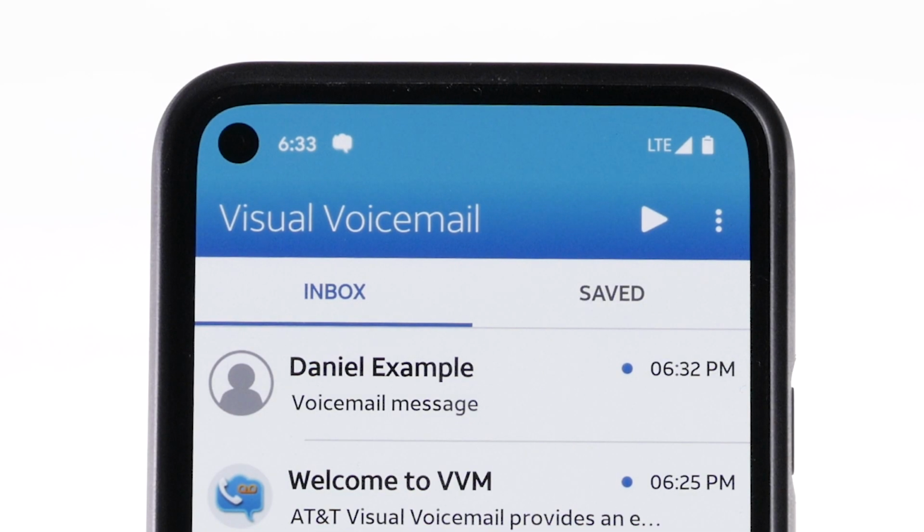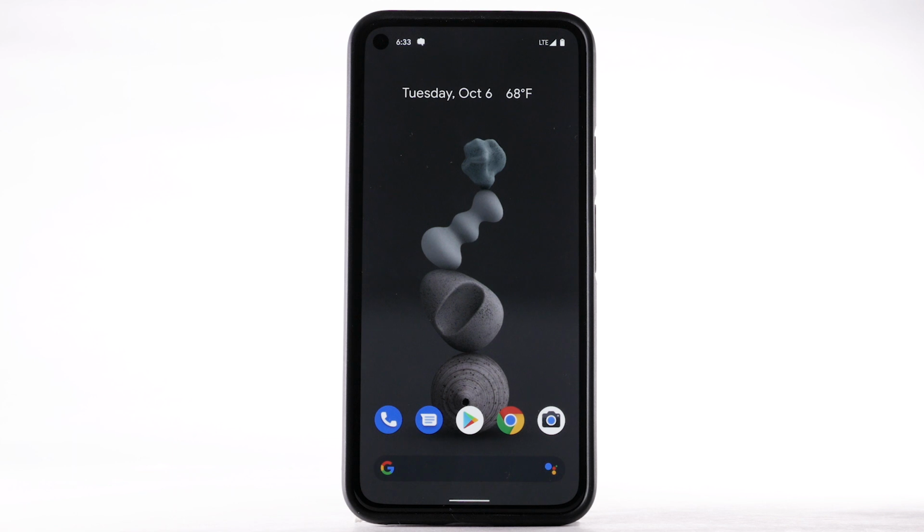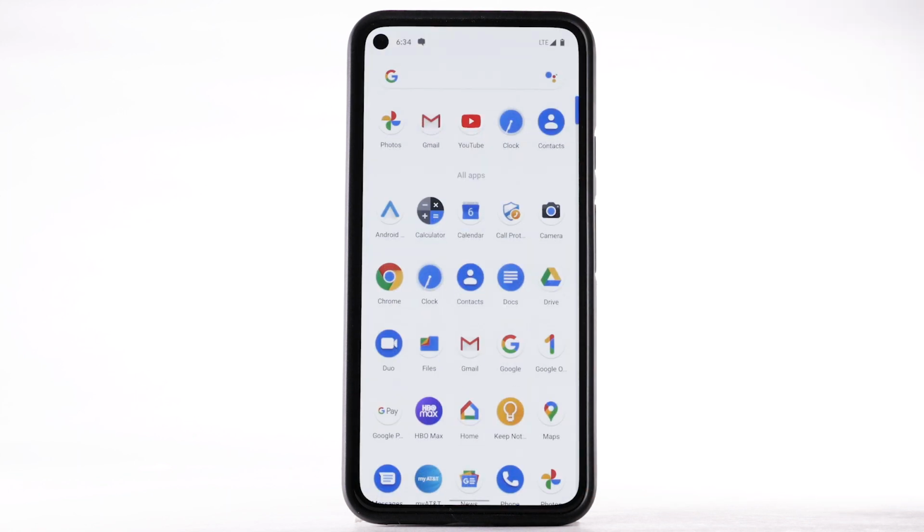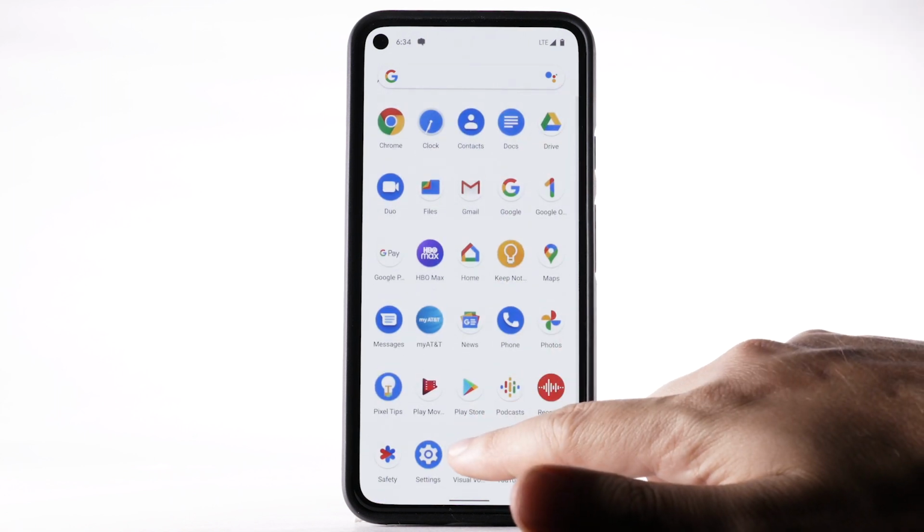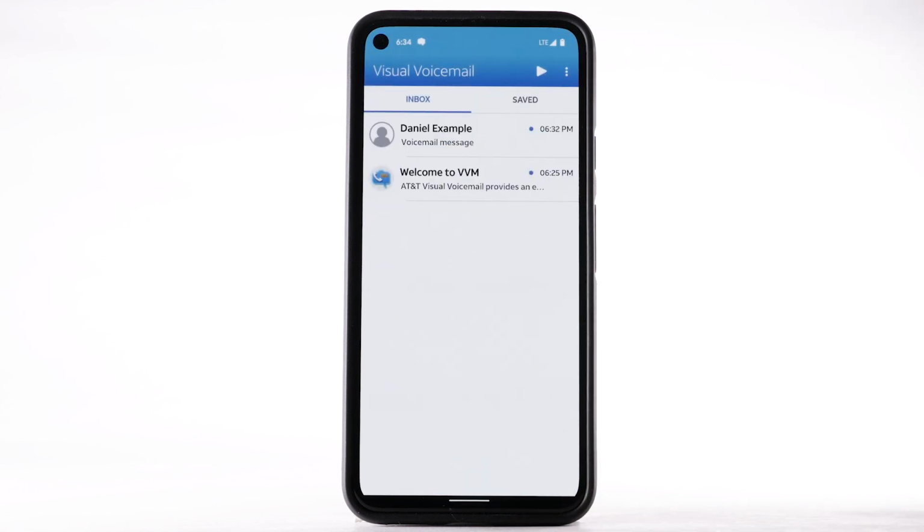Access and check voicemail. When you receive a new voicemail, the voicemail icon will appear in the notification bar. You can also access your voicemail to check your messages by selecting and holding the 1 key from the dial pad. Swipe up from the home screen to access the Apps tray. Then navigate to and select the AT&T Visual Voicemail app.